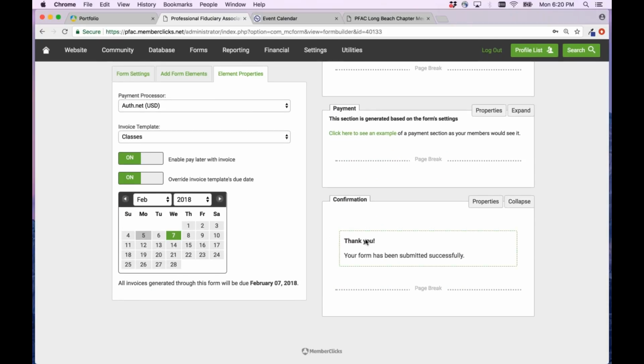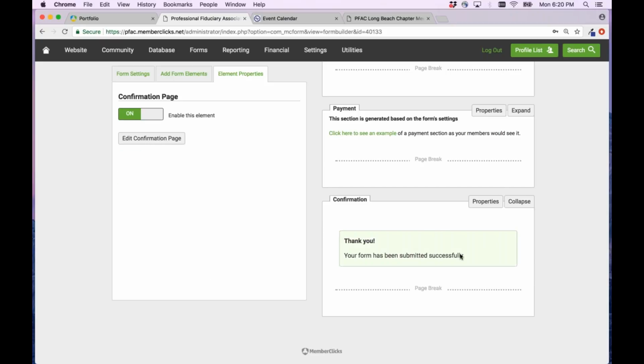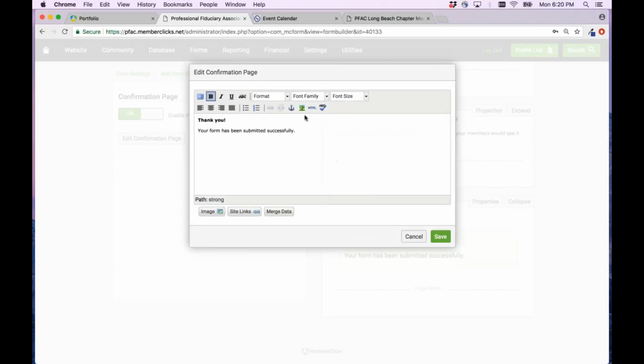The last section that I want to talk to you guys about really quickly is the confirmation section. Once your member submits the class registration form, this little box is going to pop up with whatever verbiage you see here. You might want to customize this a little bit just by selecting Edit Confirmation Page, and you can say, thank you, instead of your form has been submitted successfully, you might want to say your class registration. And then you might want to say something along the lines of, please make sure